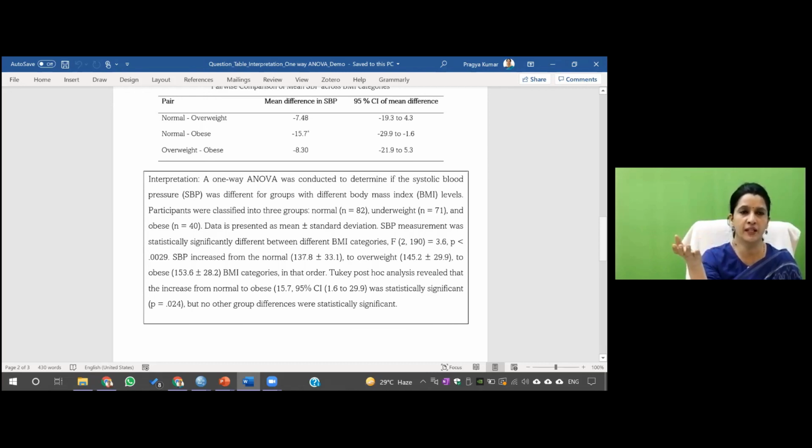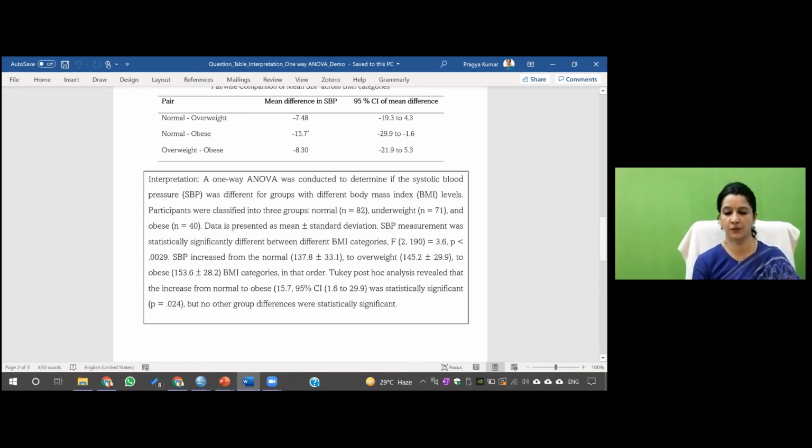Ideally, we say for any parametric test, the minimum sample size should be more than 30. If it is more than 30 overall, but one group, like transgender, has only 4 samples while male and female have more, then ideally you should not apply it, because at least 6 people should be in one arm to apply both the independent sample t-test and ANOVA. Okay, ma'am, that is the criteria. Thank you, ma'am.